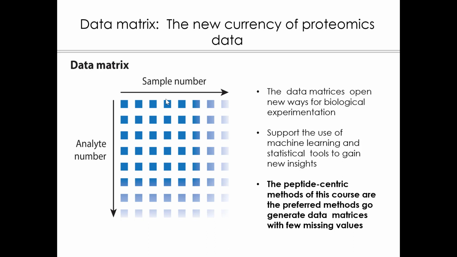The DDA methods cannot really do that. Even with great effort over more than 10 years to standardize samples, sample processing, data analysis and mass spectrometric method, this has not really been achieved. With DIA techniques, this is very easy to achieve and is achieved in many laboratories, as you will also then see why it is fundamentally a different approach and why it has properties that are well suited to support such data matrix generation